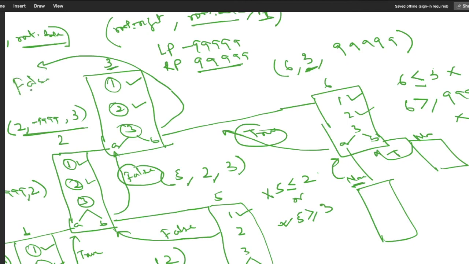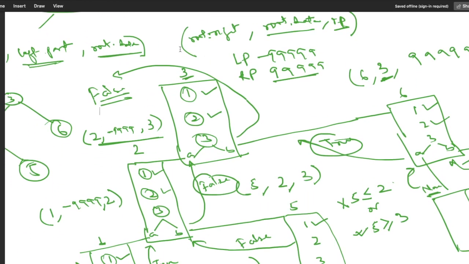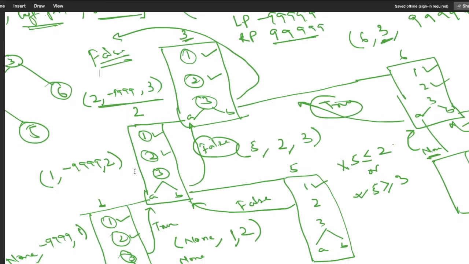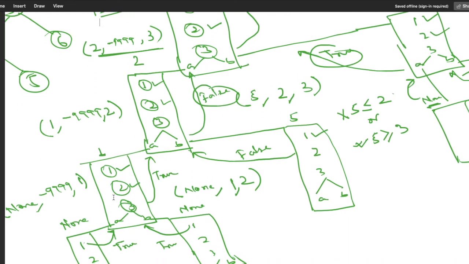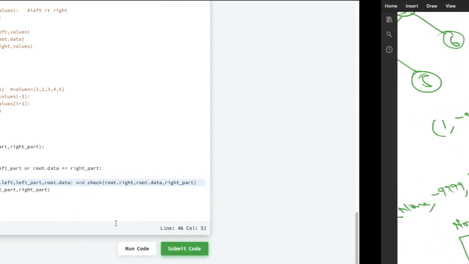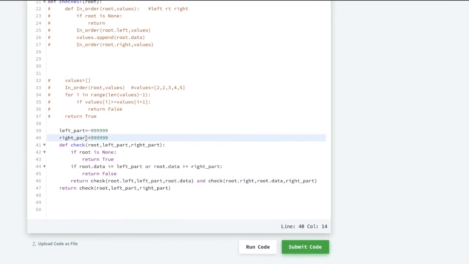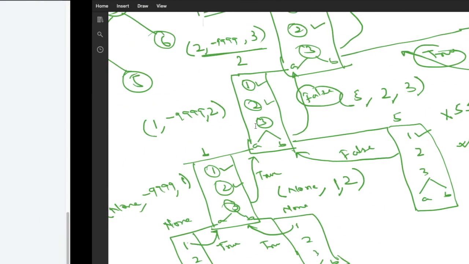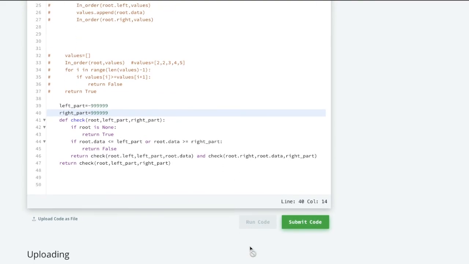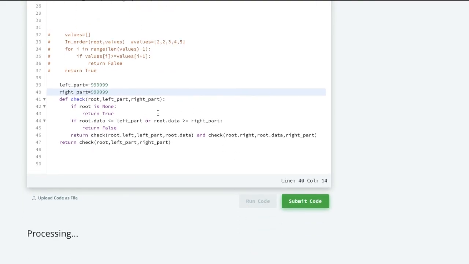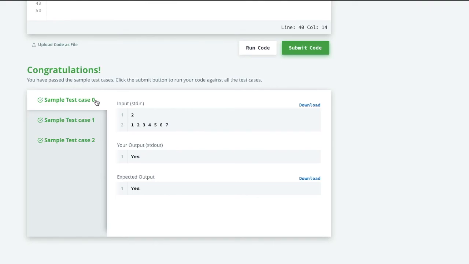So this is the recursion tree in which I have explained to you in each and every step how the values are being populated, how the values are being passed, and how the values are also getting returned in the last. So this was the code and this was the explanation. So let us submit this code. Let us run first. You can see here we are done with the sample test case. Let me submit this code.